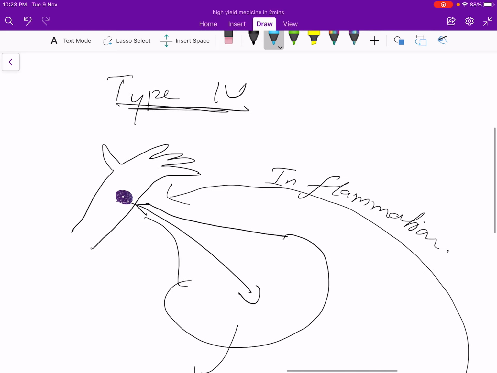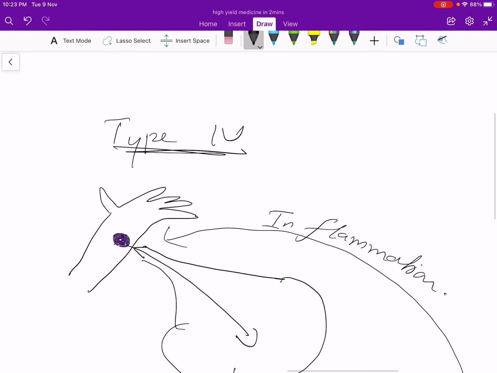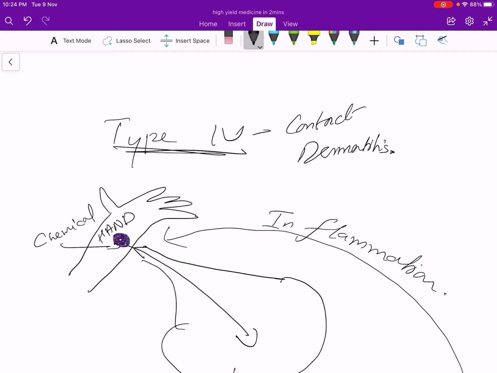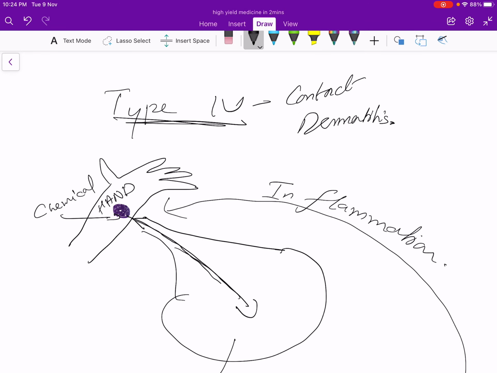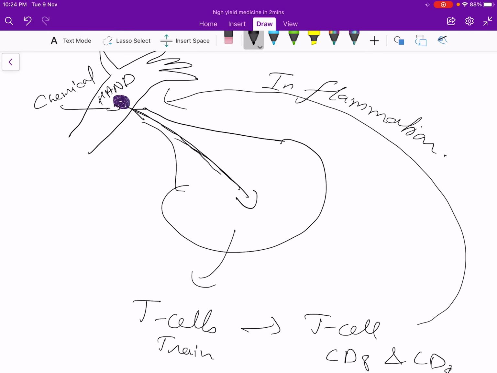And now going lastly to type 4 hypersensitivity reaction. The classic example of type 4 hypersensitivity is contact dermatitis. What happens in contact dermatitis is, suppose you are exposed to a chemical on your hand. So this is your hand, this is a chemical, and that chemical is going to be absorbed in your skin, processed, and taken up slowly into the lymph nodes. And in the lymph nodes, these T cells, which are naive T cells,